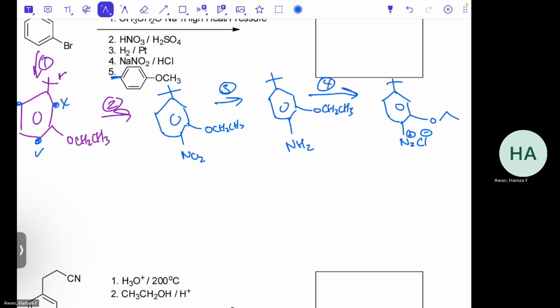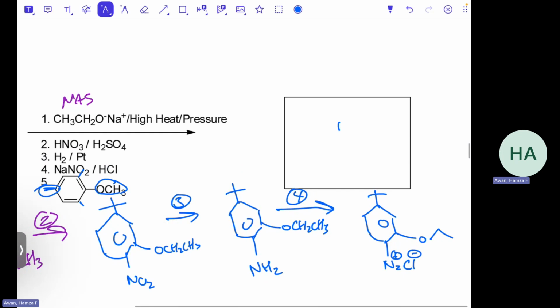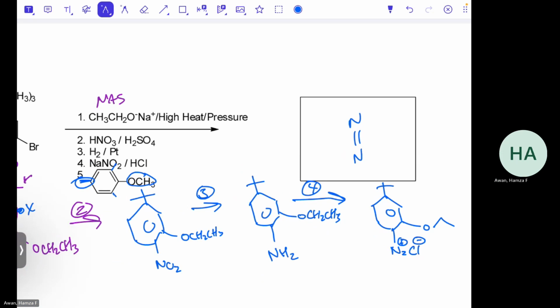So because this is an ortho-para director, it's going to direct either ortho in these positions, but since it's kind of big, it's probably going to be para. So we're going to put it in the para position. So now we start with our ends, and then on each side,